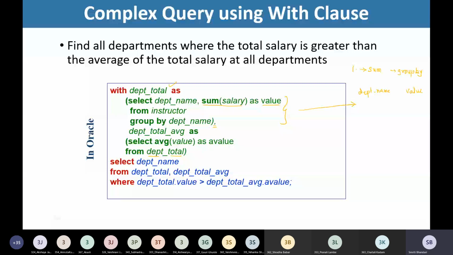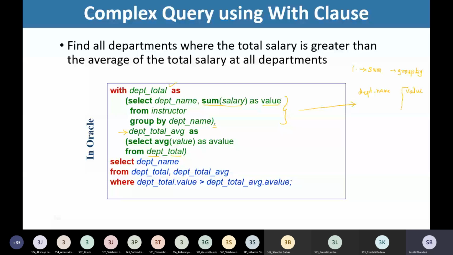So prior to this definition, we have defined this relation department total. So while creating this new temporary relation department total average, it is possible for us to make use of the relation that we have created earlier. Okay, so we are using this department total in this from clause for writing this query.